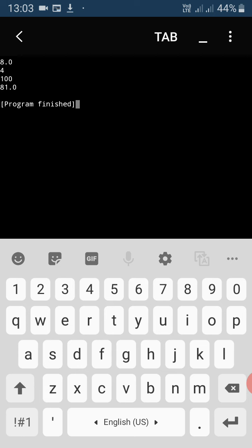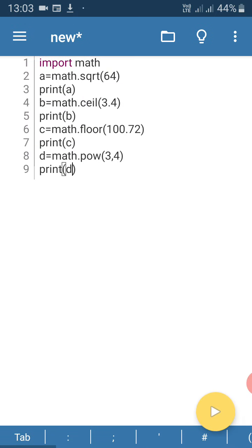Print D. Now see the result. 3 to the power 4 should be equal to 81, and so on. Clear? So these are some examples of math module.